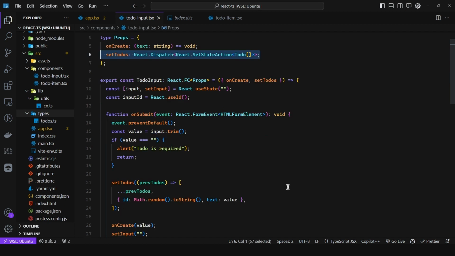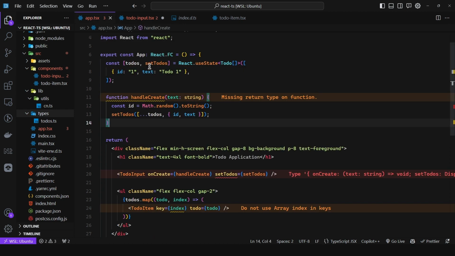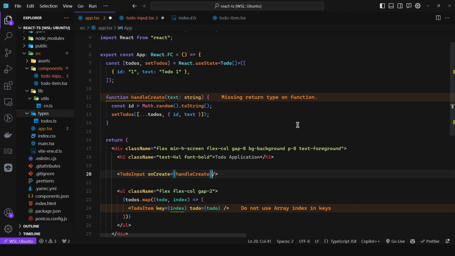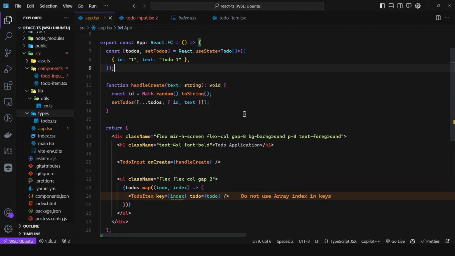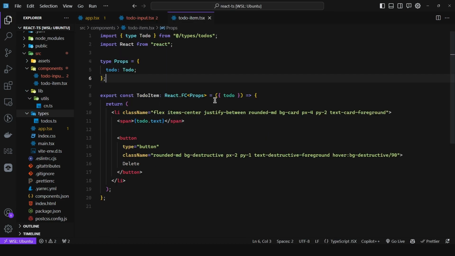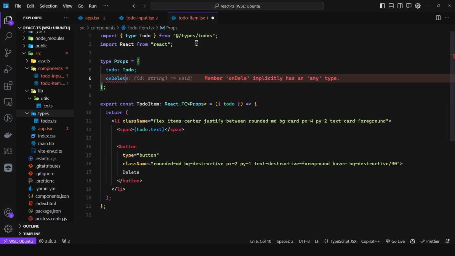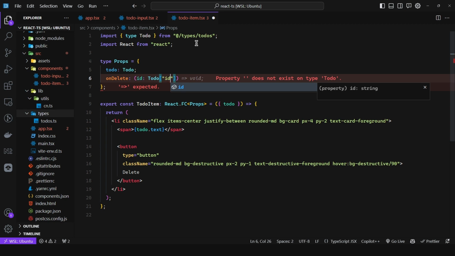In our case, let's just keep the logic in the parent. So let's get rid of this and also of this prop. And let's add a void here since we're not returning anything. Now, what about deleting a to-do? Well, if I come here to the to-do item, we can say onDelete, and then this will take in an ID, so type string, or in fact, what I like to do is use indexed access